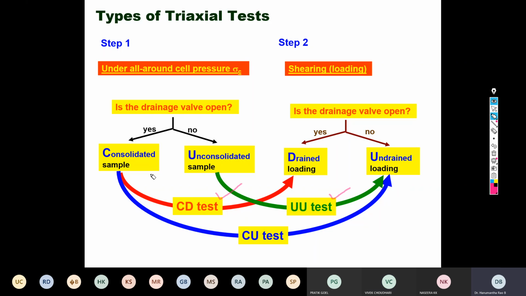Okay, yeah. So when you conduct a CD test, when you are consolidating the soil sample, you allow the water to expel out. But when the soil sample is consolidating, the expulsion of water is not so easy. It is a time-bound phenomenon. Therefore, we apply an increase in cell pressure, or alternatively, we apply the back pressure. By applying the back pressure and the increased cell pressure, we accelerate the process of consolidation. Thus, we end up conducting each CD test in at least 1 month of time.